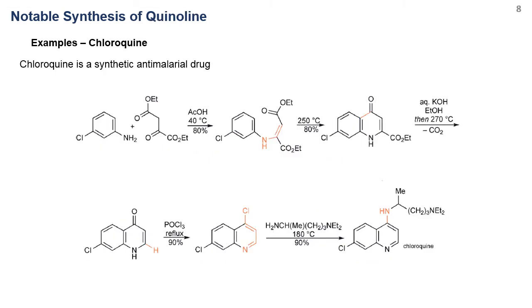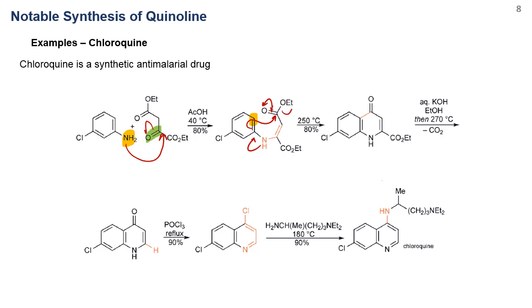The next example is chloroquine, which is a synthetic antimalarial drug. First of all, if you use aniline, which is nucleophilic here, with the 1,3-dicarbonyl compounds, but because this ketone connects to the ester group, this is more reactive. So the first thing that's going to happen is the nitrogen attacking this more electrophilic ketone to generate enamine. And then after that, you can use the ortho position of the aniline to attack another ester group here,